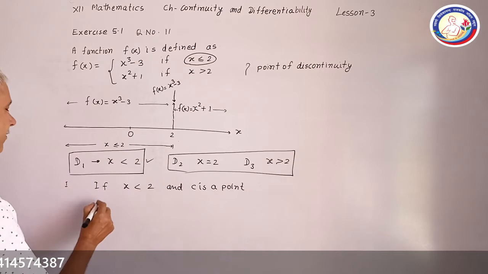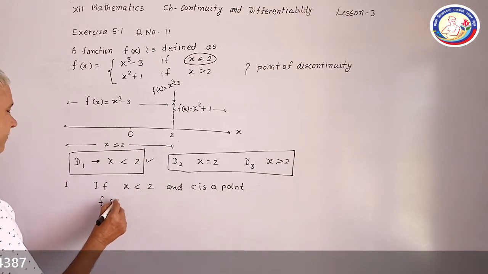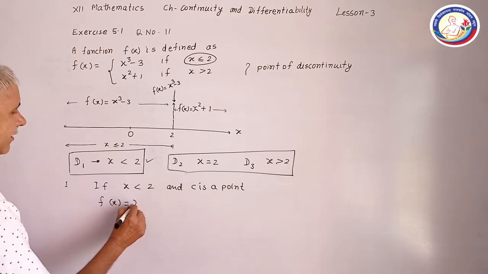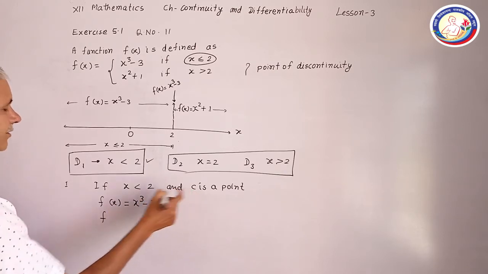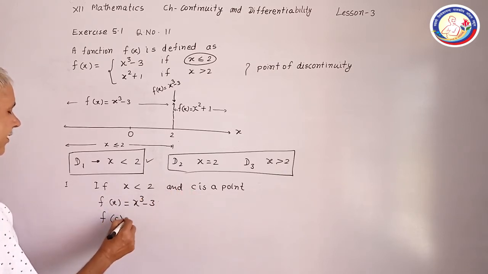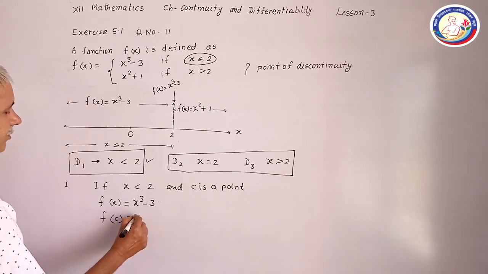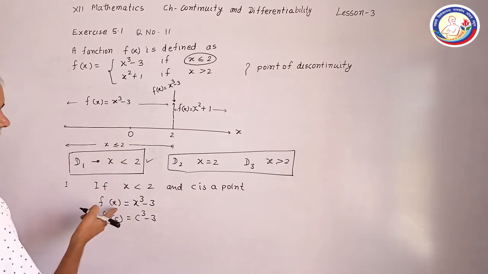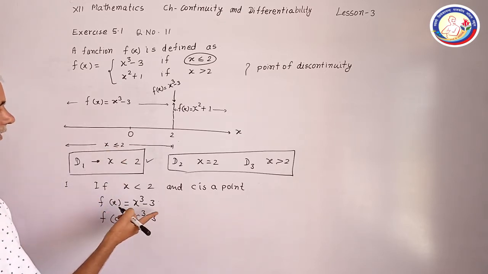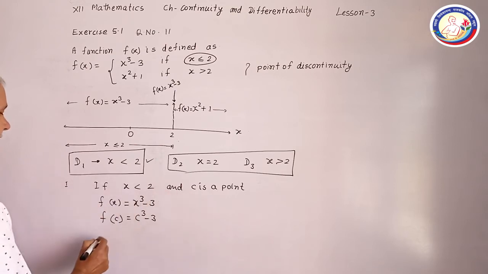The function will be x cube minus 3. So the value of the function at c, a general point here, is c cube minus 3. And the limit of f(x) when x tends to c,